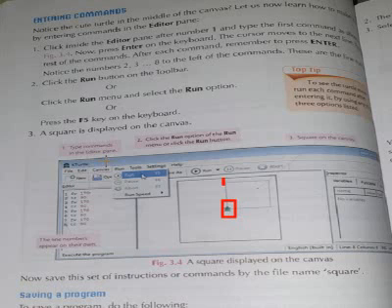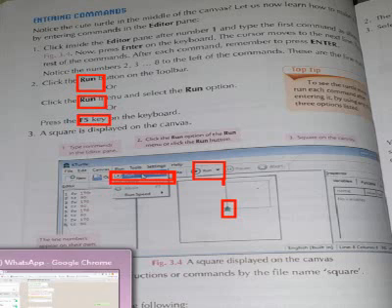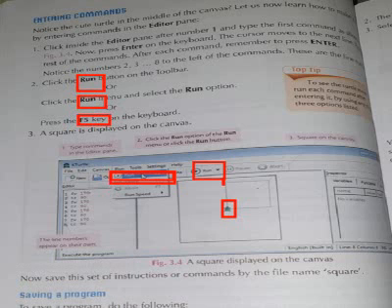So click the run button on the toolbar or click the run menu and the run option. You can go here to the run option and click run, and on your keyboard you have an F5 key. So you have three options. You have run on the toolbar, so you can press this run on the toolbar. You can press the run menu also. This one is the run menu, and the third option is the F5 key.